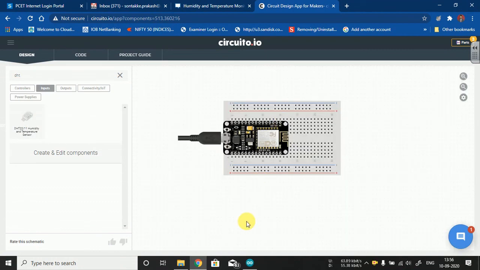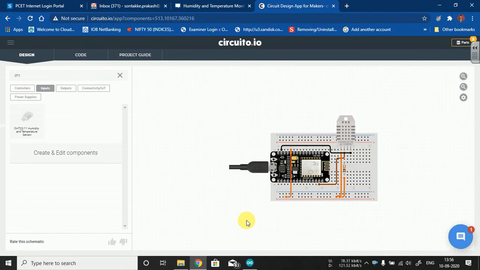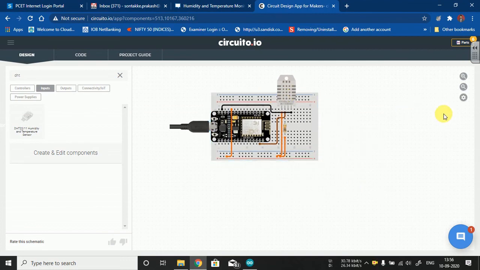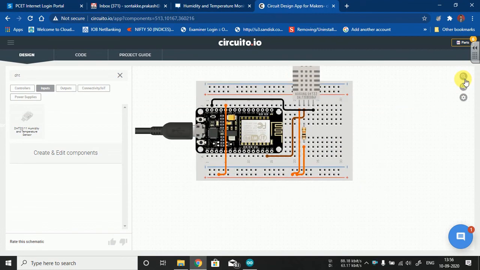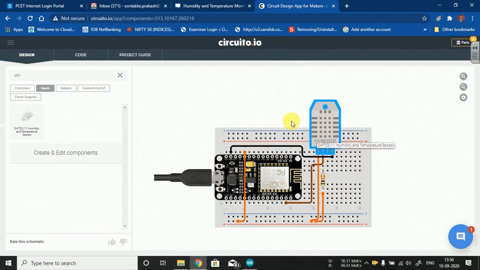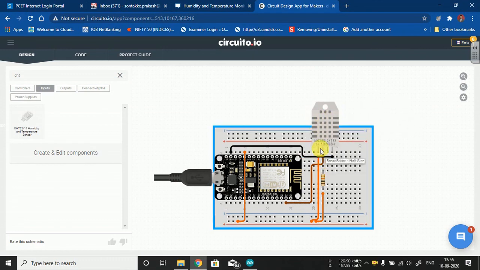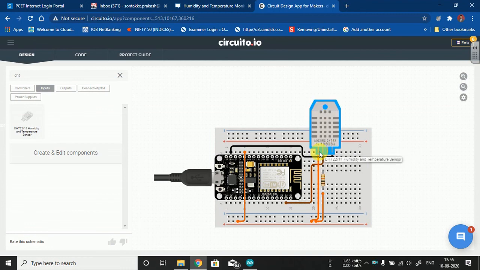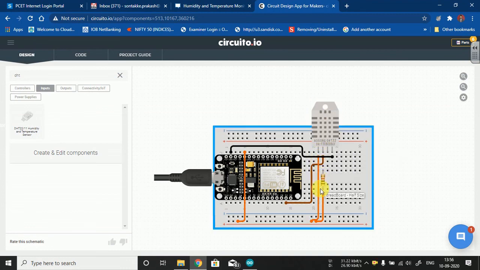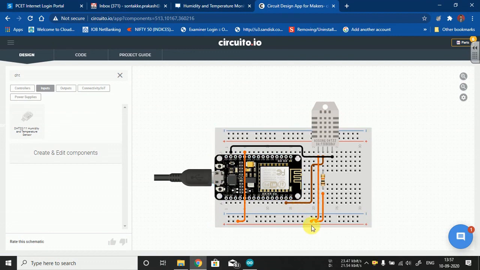The associated circuitries will be automatically generated. Now see, if I am zooming it, so this is the sensor I am talking about, DHT22 or 11. It is a 4-pin sensor. The first you need to give the voltage I am talking about. The VCC will be connected on the port pin number 1.